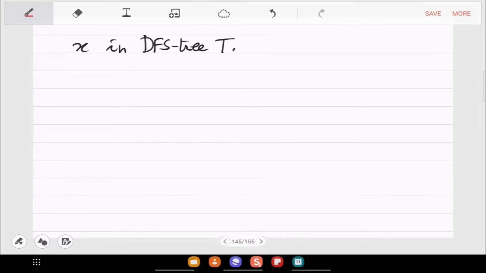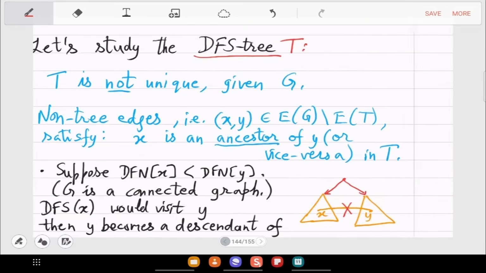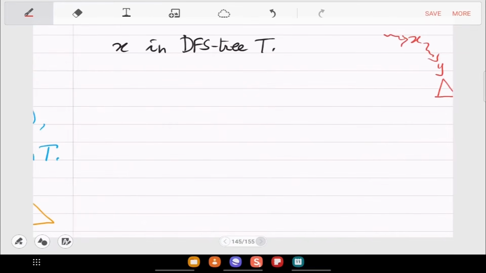Okay, so this is the root. After a while it reaches V, and then something else will happen below Y, and from the root it had come to X. So in this tree of red edges, Y has to be a descendant. We are using that G is a connected graph. Is this clear? So that is one case, and this is all the cases actually, because the only other case left is